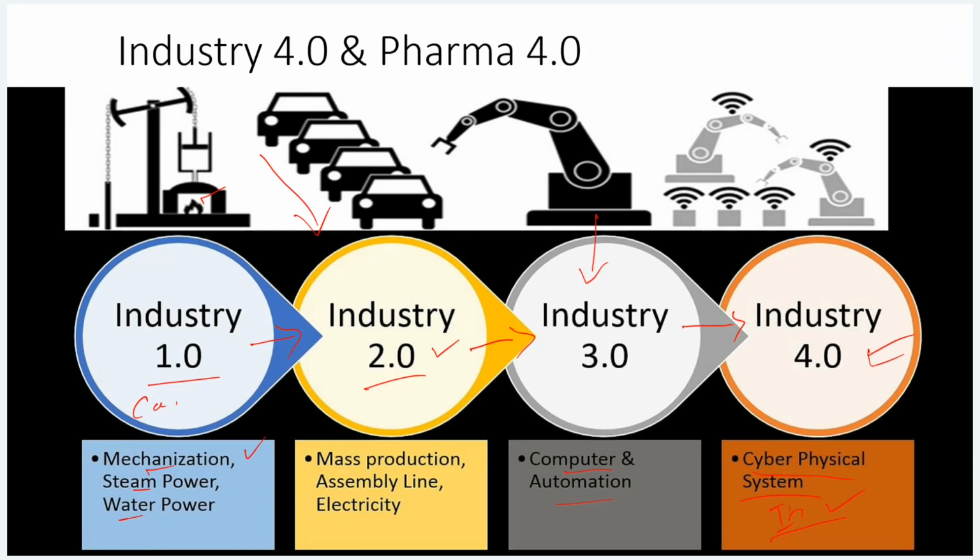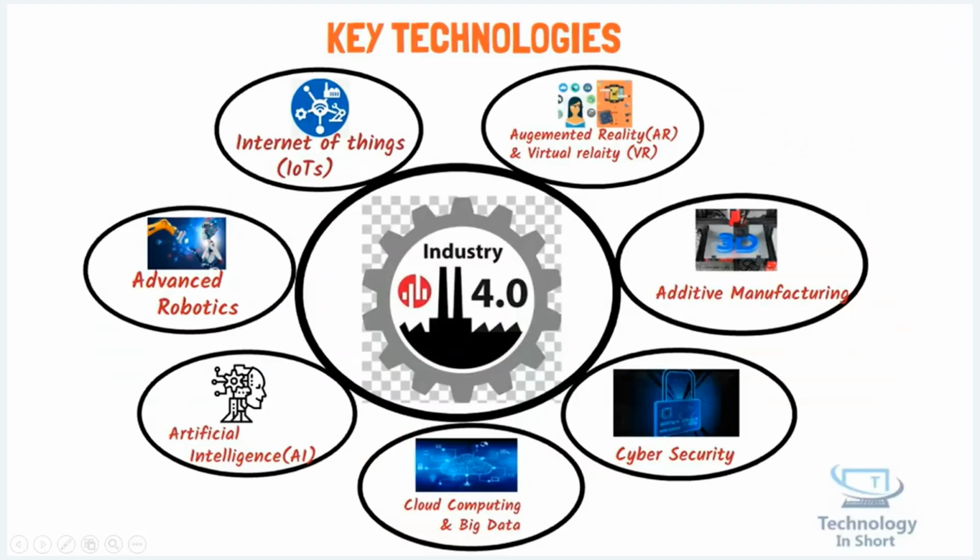Okay, and not only this, some other technologies also come under industry 4.0, like the internet of things, where two things are connected to each other over the internet. That is called the internet of things. Advanced robotics, nowadays robots are more advanced. Intelligent robots are also there nowadays. So the use of robots in your industry, in your pharma industry, in your regulated industry, is part of advanced robotics. You can go with artificial intelligence as well. Nowadays we are already discussing ChatGPT.